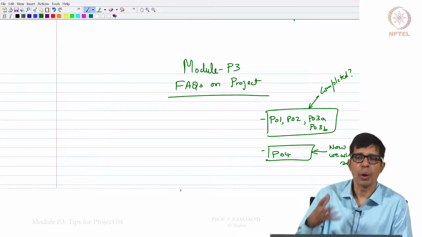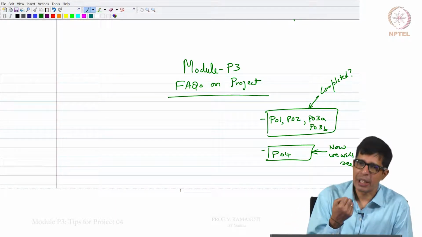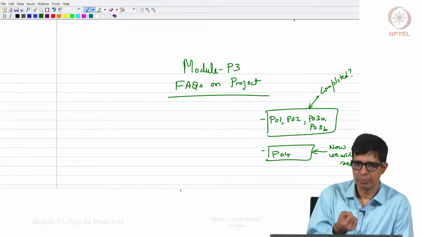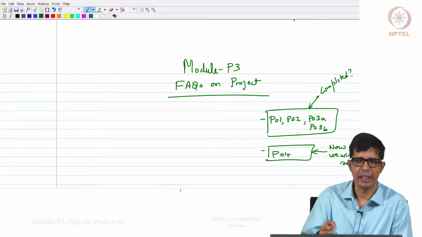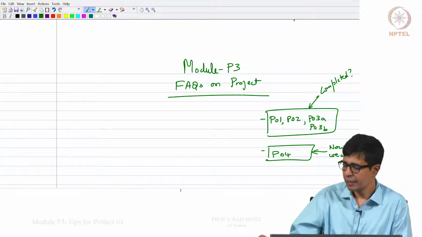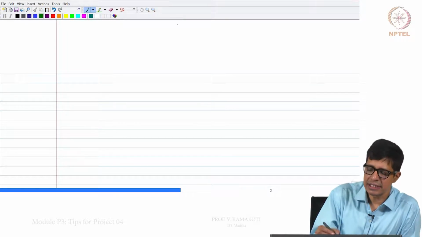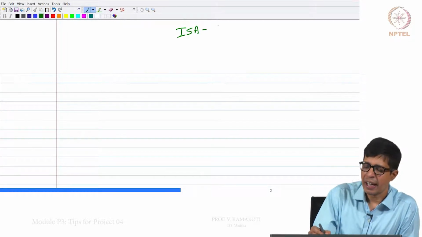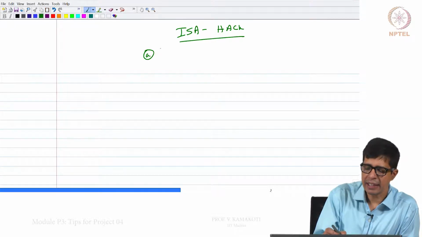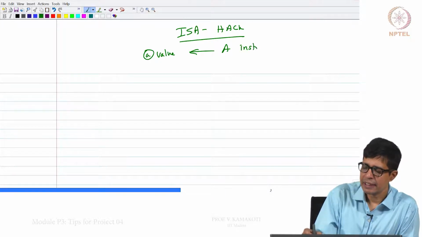So this will also sum up many of the things that you may not have followed in your modules 3.4, 3.5 and 3.6. Now, as far as the instruction set architecture of our Hack goes, there are 2 types of instructions. One is the @A or whatever @value. This is called the A instruction, and there is another instruction which is called the C instruction.